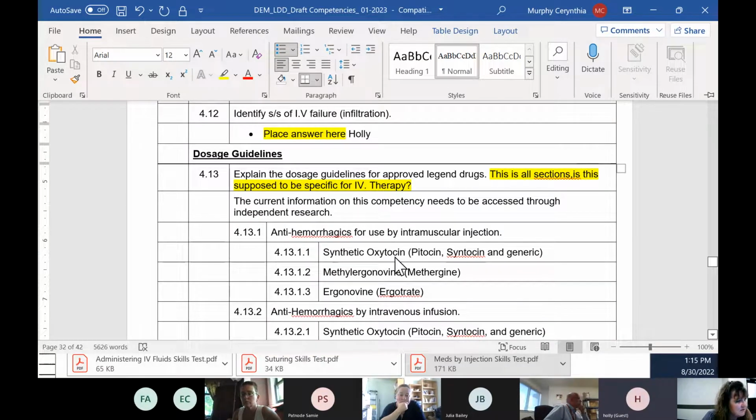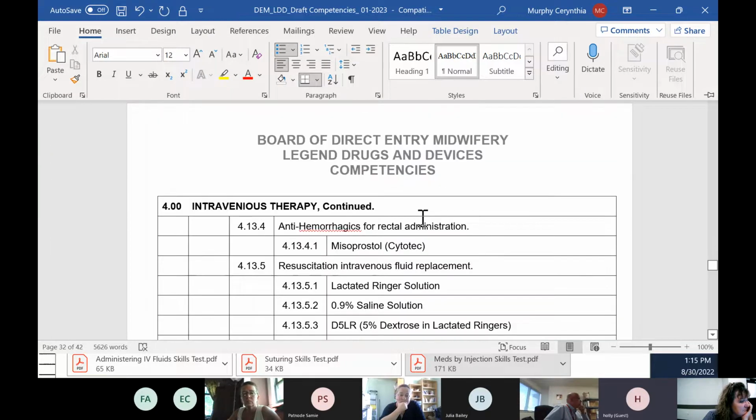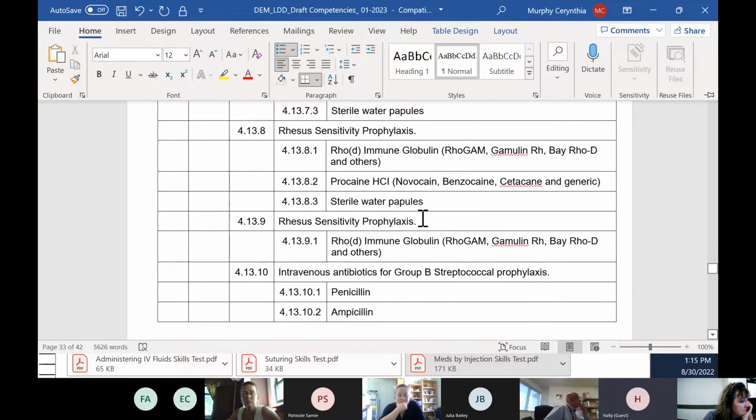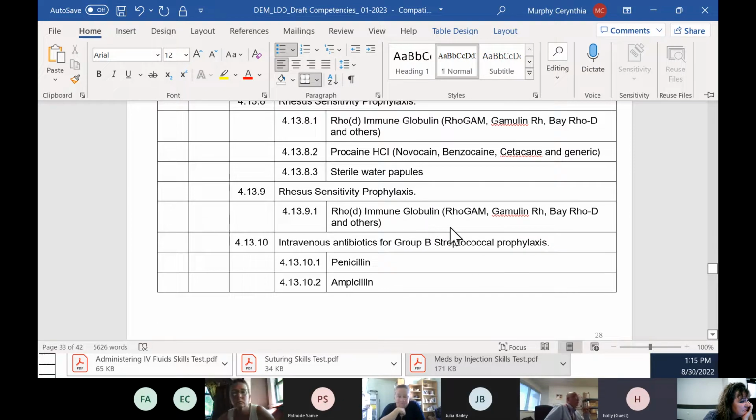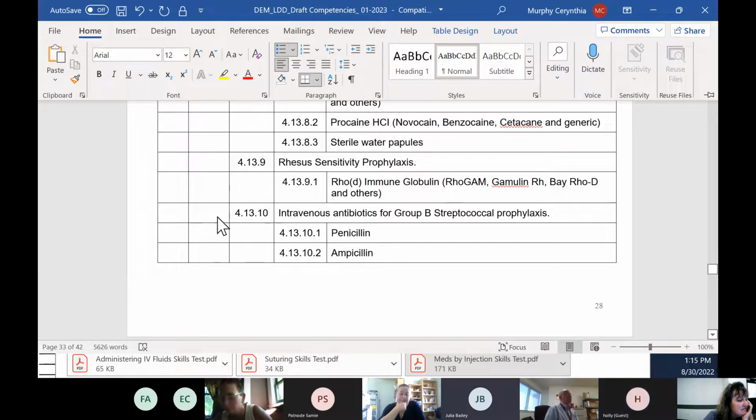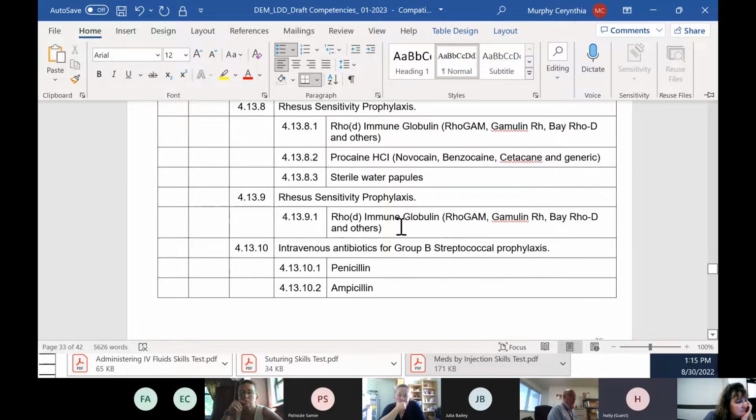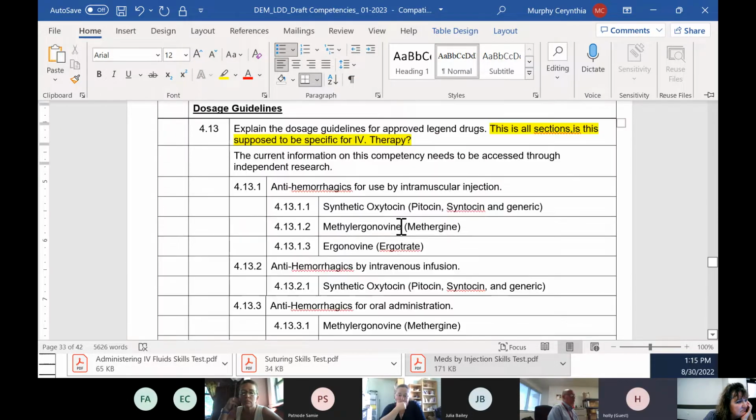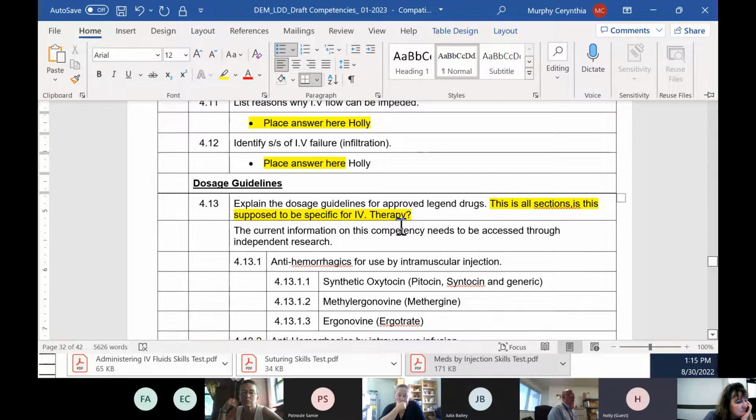We're back to dosage guidelines again. So do we have GBS as its own separate section in this, Cerinthia, or are we working these in through the various sections? Like we put the drugs for IV prophylaxis up in the drug section, as I recall, correct? Yes. So then we need to have a section on IV administration for treatment of shock. We need to distinguish that from IV administration for administering prophylactic antibiotics for GBS, because that's a real different everything,